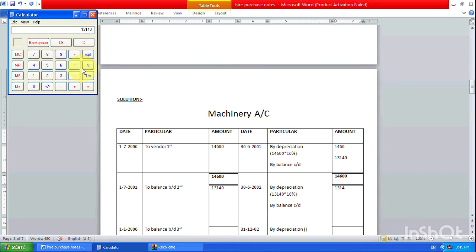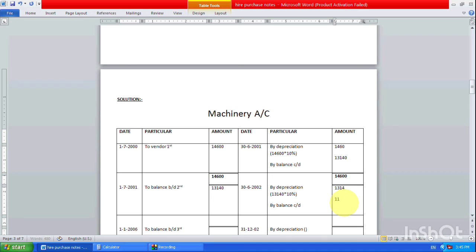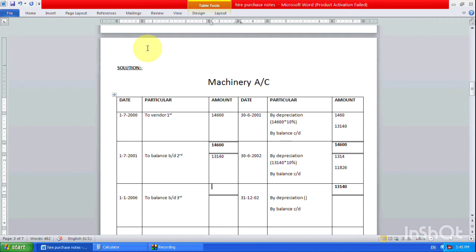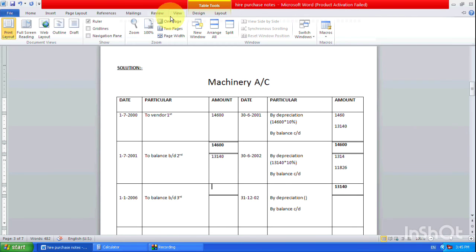Let's see on the calculator. Minus 1,314. So we will get 11,826. The balance carried down amount is 11,826. Now tally the ledger: 13,140 and 13,140. Okay,